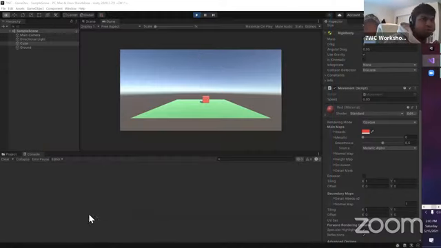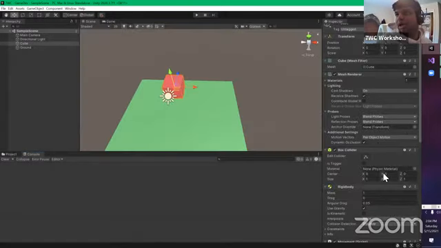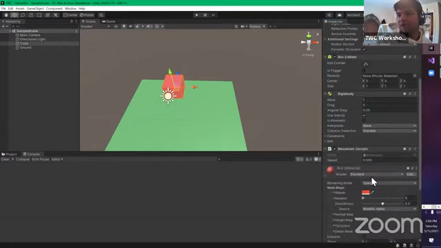So realistically, this is not a 3D game yet, right? We're just looking at it from a 2D perspective, basically. And we're just moving a cube left and right. So what we want to do is move with the cube, right? What this means we're going to have to do is, if the cube, let's say, was facing a different direction, right? Let's go back to the beginning. And let's put the speed back to normal. And let's make our